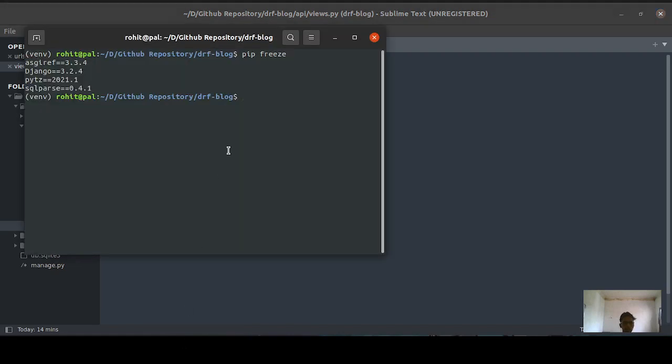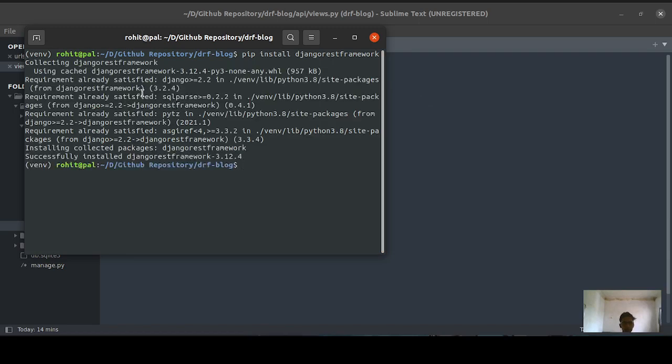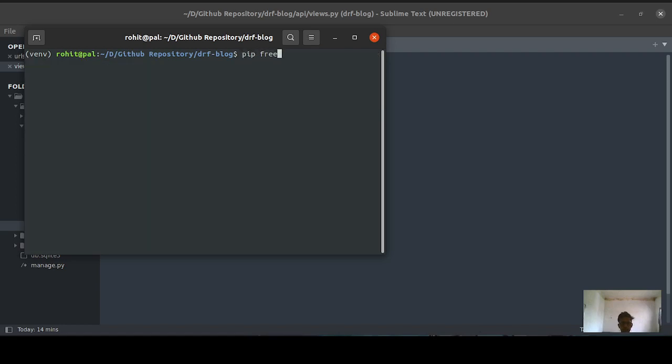Before moving to this function, one thing that I actually forgot is I haven't installed the REST framework. If you try to see by this command, let's call it pip freeze. So basically we are working with the REST framework, so we need to install it. There is no Django REST framework installed, so let me just type this command. You need to type pip install djangorestframework and then simply hit enter. It will download all the packages for the Django REST framework. Let's test whether we got this REST framework or not. Yeah, we got this REST framework.